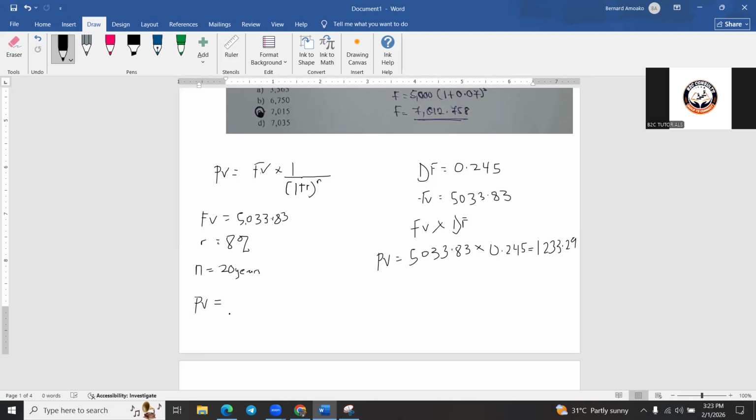That is why normally you write it straight: 5033.83 over 1 plus the 8% raised to the power 20. So when you do this, you expect to get